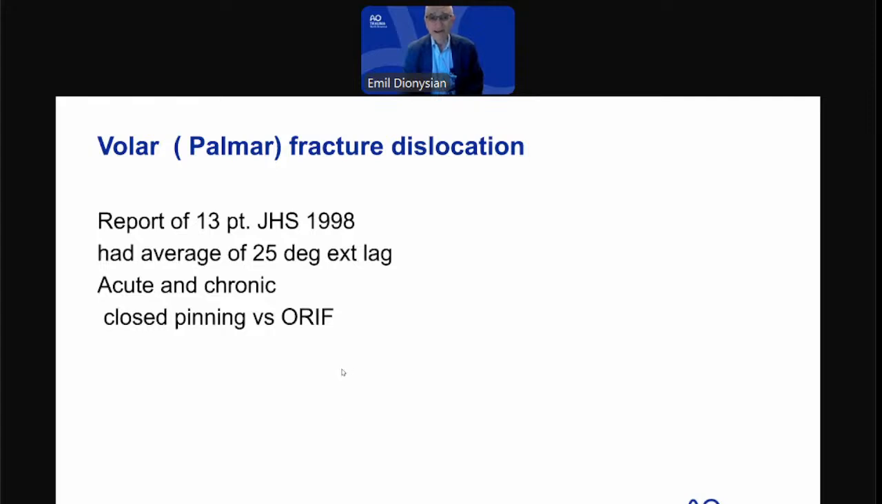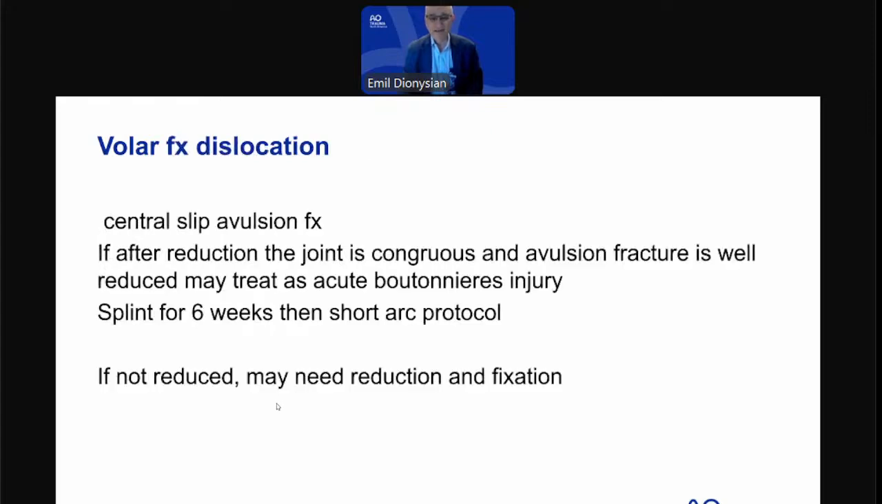So in terms of volar fracture dislocation, there's not much written on this other than a few articles. The one that really went over it, way back, showed that with surgery, either ORIF or pinning, they end up usually with some significant flexion contractures. Most of the time, in a volar fracture dislocation the central slip avulses, either breaks or avulses off the base of the middle phalanx. And if it's not reduced, it requires reduction. If it can be reduced, you can treat them as an acute boutonniere injury and hold them in